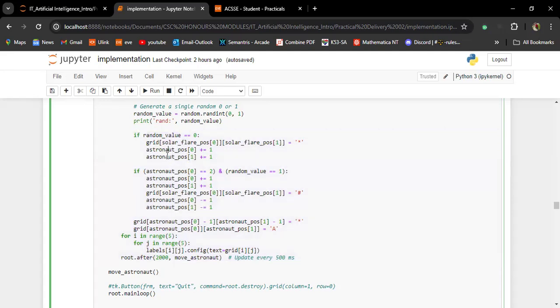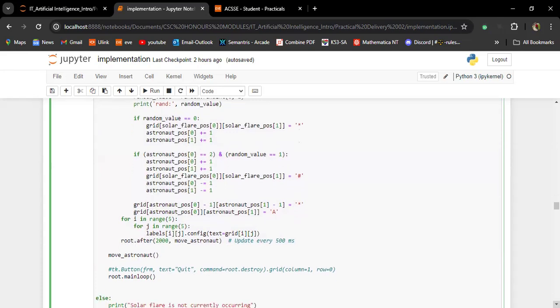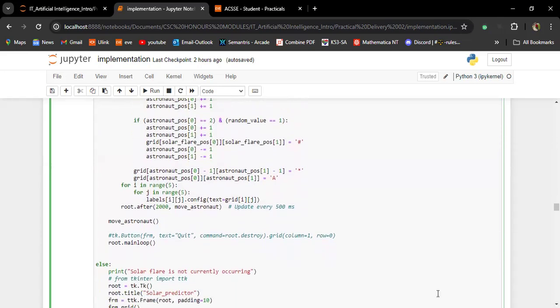As we see, this is updating the position of the astronaut. And if the random value is equal to 1, especially if the astronaut is close by, then the astronaut should make use of the information it has learned to update its position to make sure that it does not go to where the solar flare is taking place.